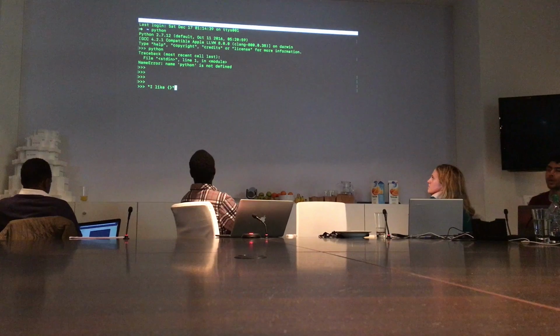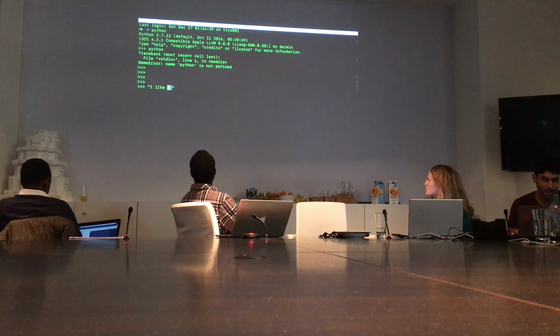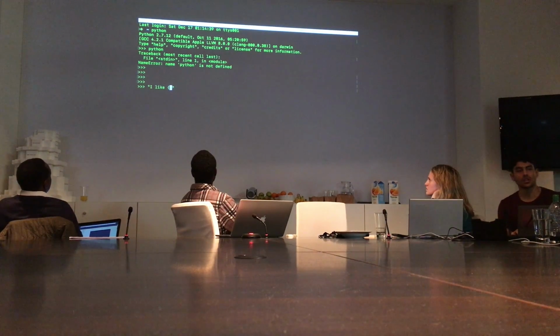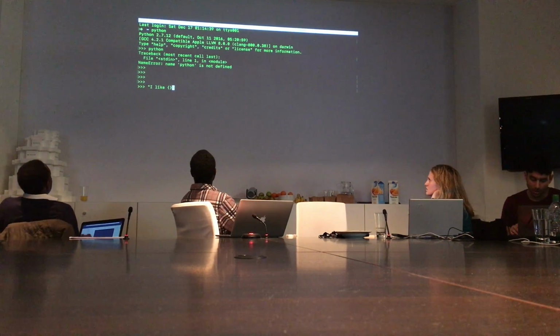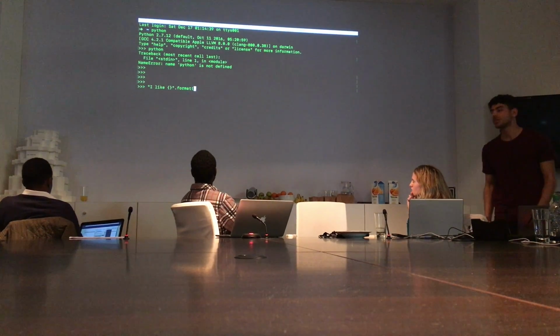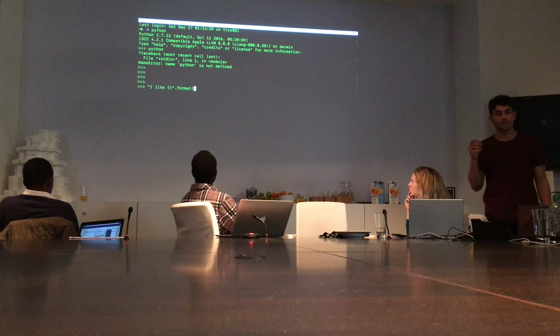Now we are going to format a string. We have the string here, I like, and then we have the curly braces here, an open and closed curly brace. This is the placeholder. Then we use the format function on the string.